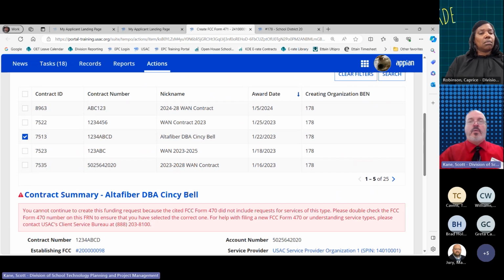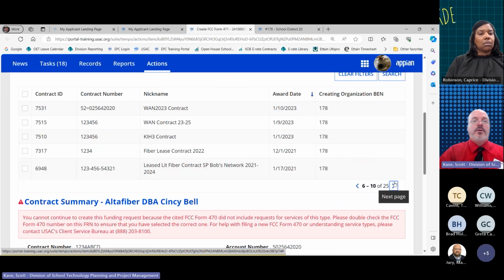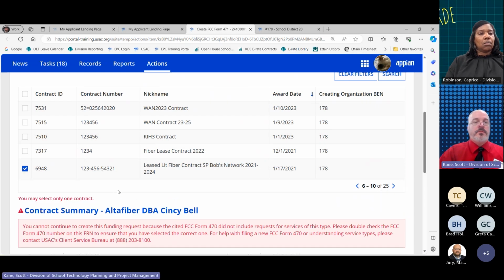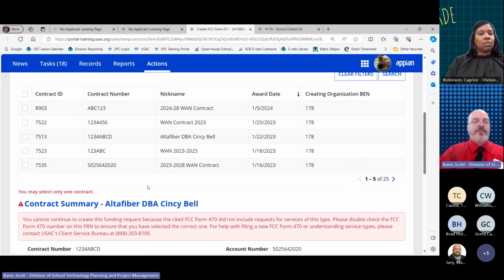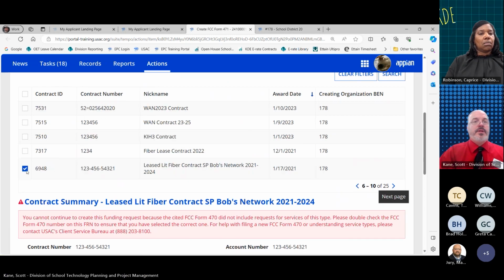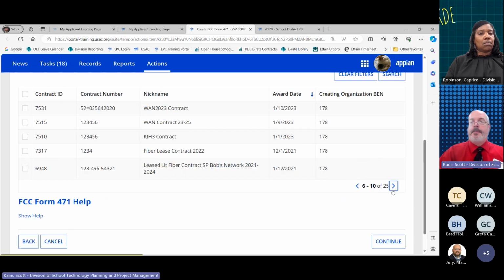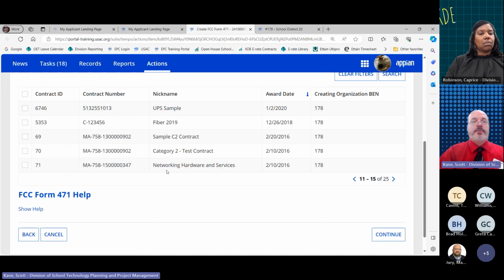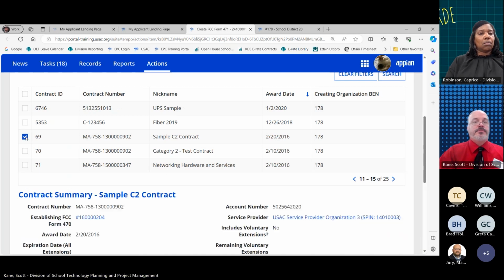I clicked the wrong one because I should have clicked something for category 2 here. Let me see. Yeah, there. Nope. Oh, thanks. Didn't deselect the other one. Here we go. Really? You're gonna do me like this, huh? I probably should have just entered another. Here we go. Let's try this one. There we go. All right.